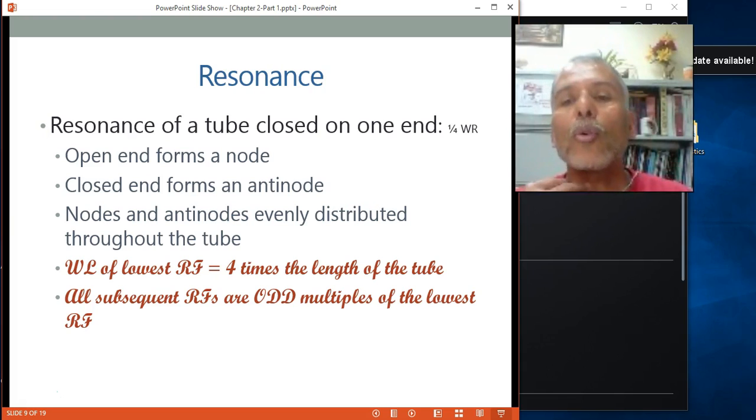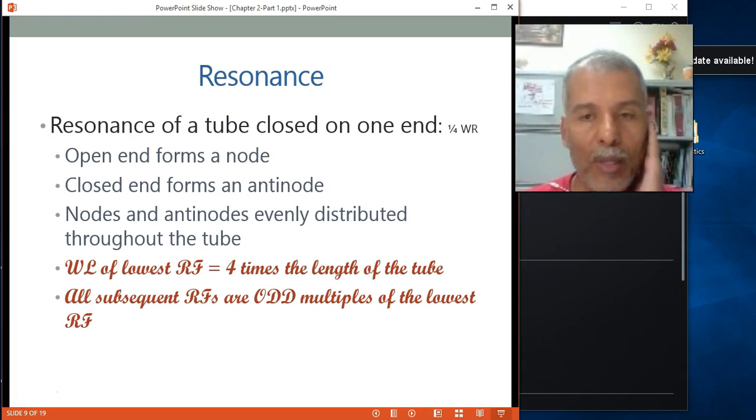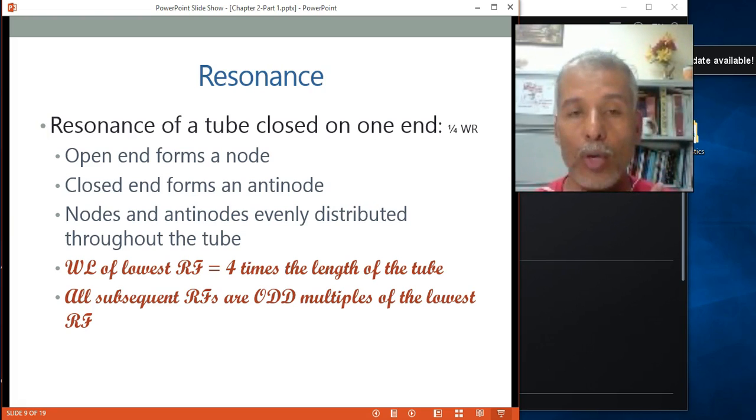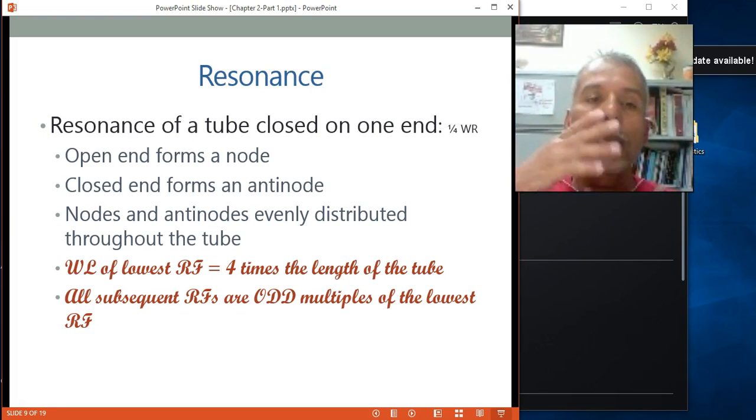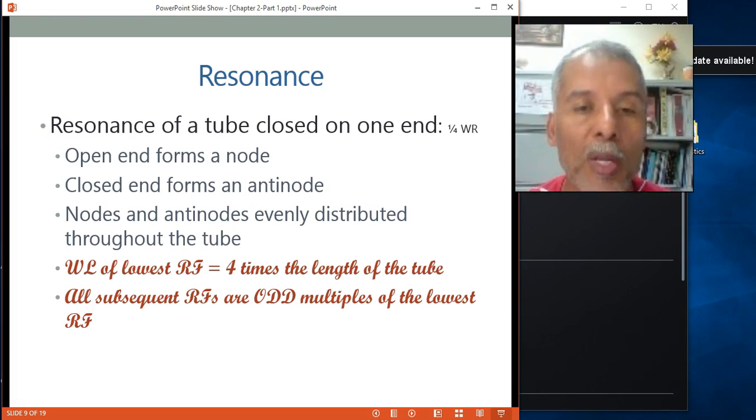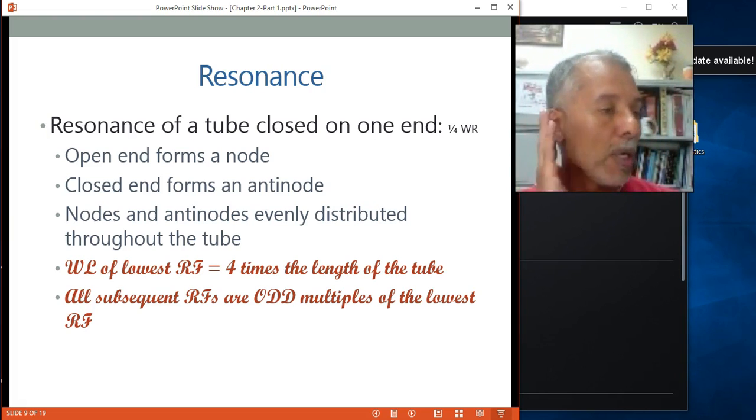A tube that is closed on one end, like the vocal tract, closed by the vocal folds on one end and open to the lips. So you have one tube that is closed on one end. When you play a tone into a tube that's closed on one end,